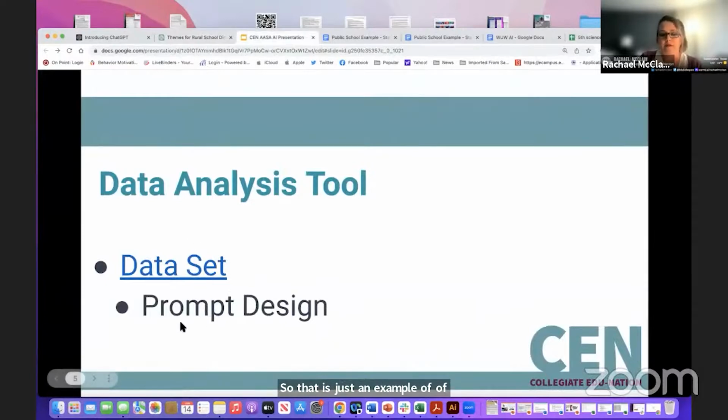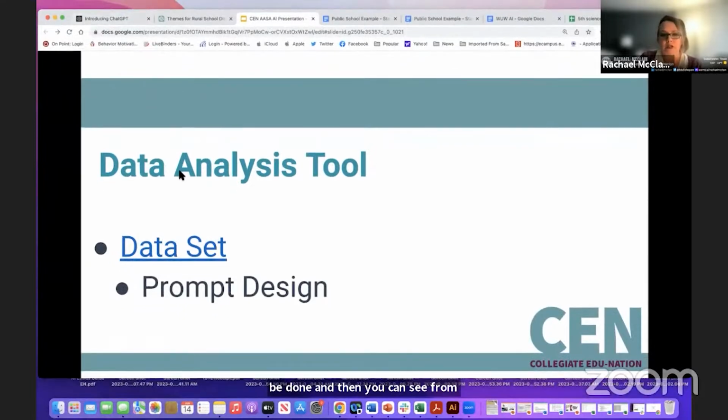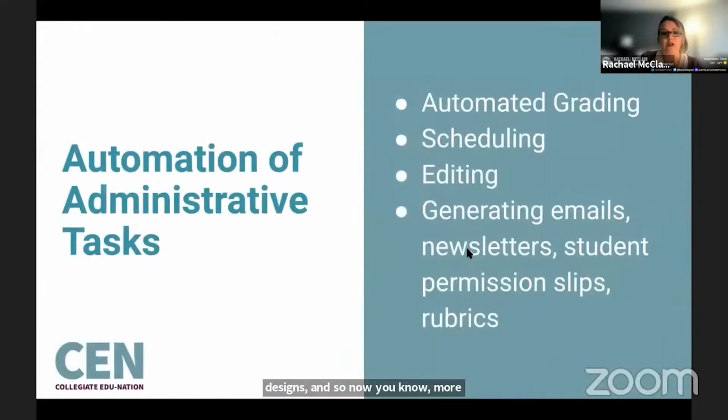And then you can see from my actual prompt design, it's very much a conversation between myself and the tool. I do a lot of conversational type prompting. Early on, I was trying to do more technical prompt designs. And so now, more conversational, but I can craft what I want to say out of that and keep pushing towards the answer that I'm looking for.